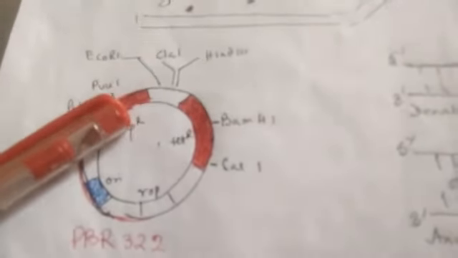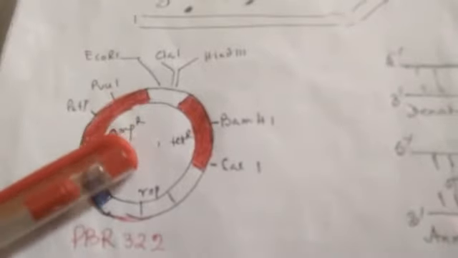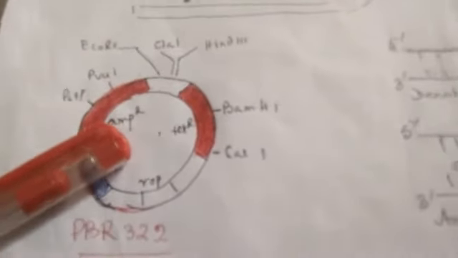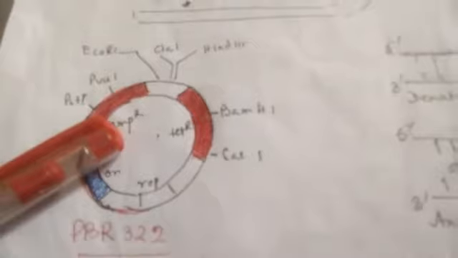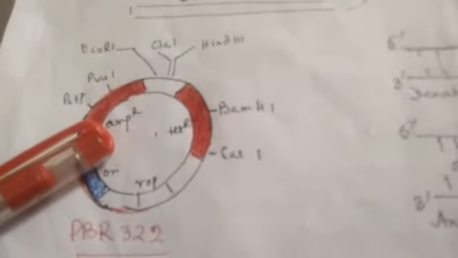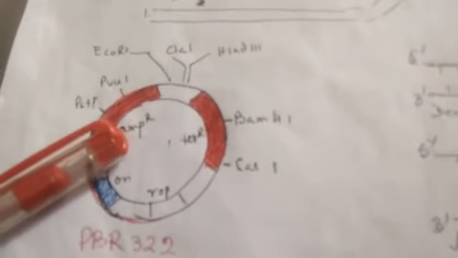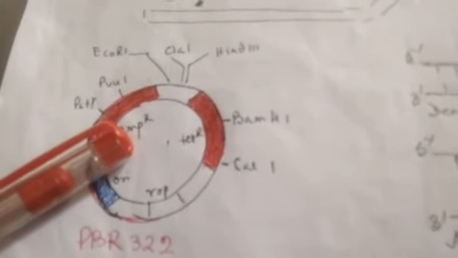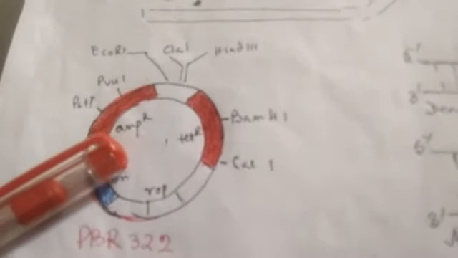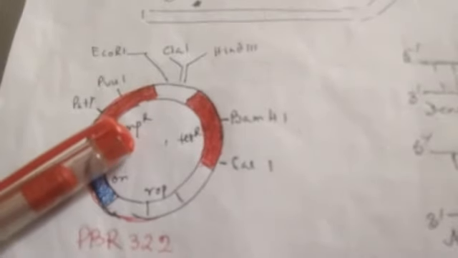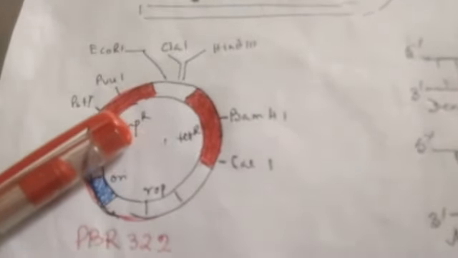Now, we have multiple recognition sites, so we can use multiple types of enzymes for cutting the desired DNA when we are using the pBR322 plasmid as a vector. So it is an added advantage. Another one is the selectable marker. Selectable marker we have already studied. It is for distinguishing or screening the transformant from the non-transformant. Now, a selectable marker can be an antibiotic resistance gene.